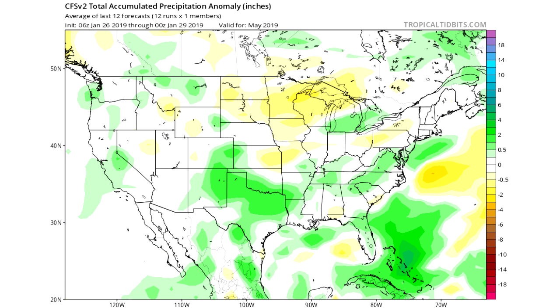Here's your precipitation forecast according to the CFS, and I actually quite agree with this one. I like the above average precipitation for New Mexico, Colorado, Kansas, Nebraska, down through Oklahoma, Arkansas, Louisiana, through the Gulf states, and up into the Mid-Atlantic states. We saw this in my analogs, and the CFS is also agreeing here. I do think we will have below average precipitation for the northwestern portion of the United States, though. That's the only place where I really disagree with this map.